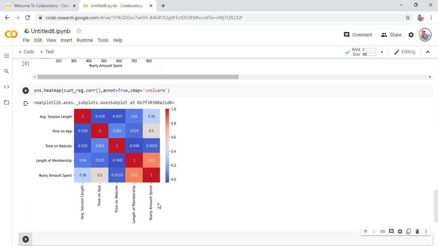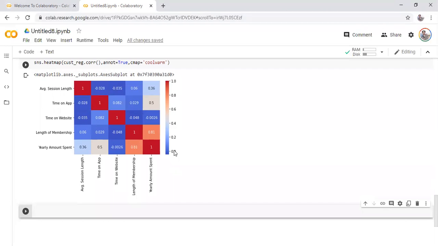So yearly amount spent very likely has a greater impact on length of membership. It means the more time a person is a member, the greater yearly spend he will have. From this heat map, that's what I can judge right now.